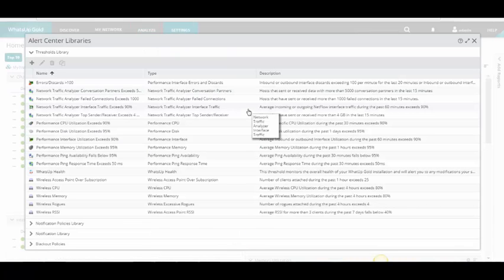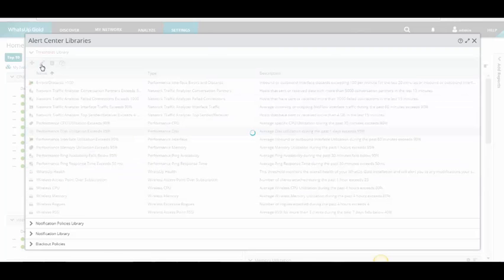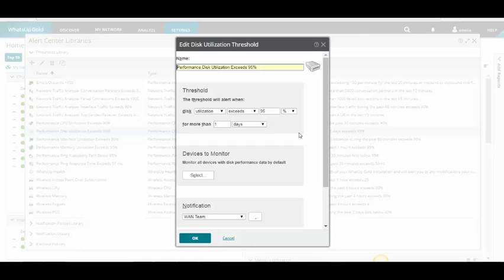And this functions more like a knock in that it's a truly escalated alert. So we're going to have many pre-built thresholds already in WhatsUp Gold, and that would be for the standard things: disk, CPU, interface, memory, ping availability, and ping response time. Let's take a look at disk utilization, for instance. Here, what we'll see is the ability to set a threshold. We have many pre-built thresholds, but you can create as many thresholds as you want.